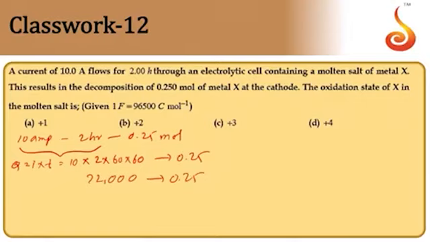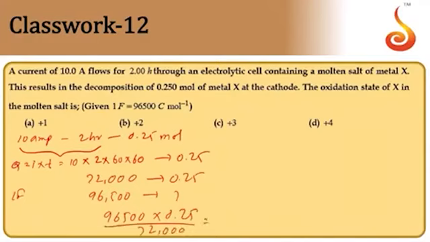So therefore 1 Faraday, that is equal to 96,500 coulombs, deposits how much? Cross multiplying, that is 96500 into 0.25 by 72000. We get the value